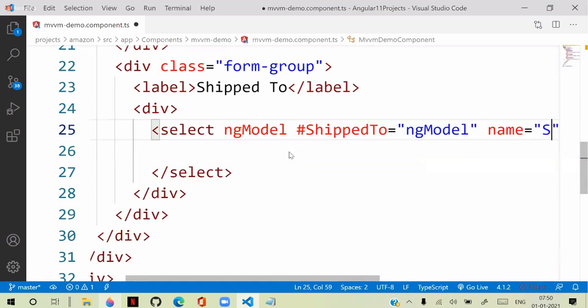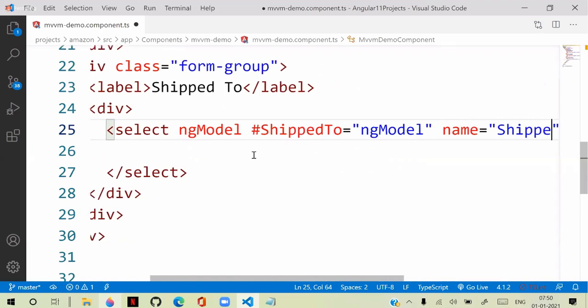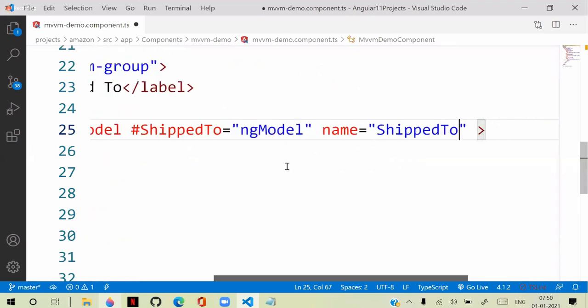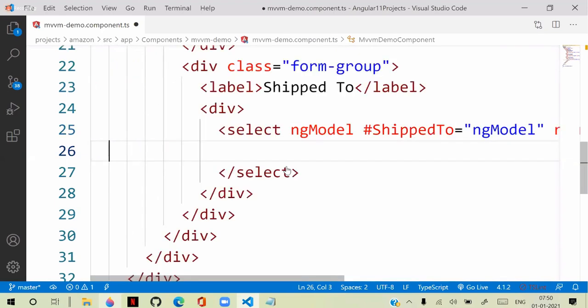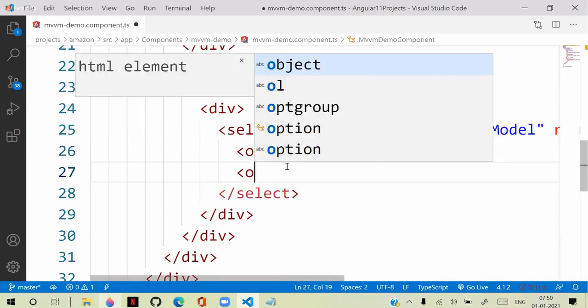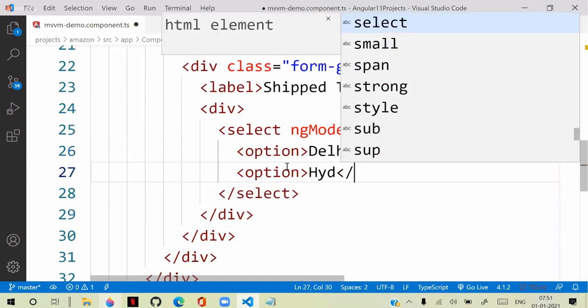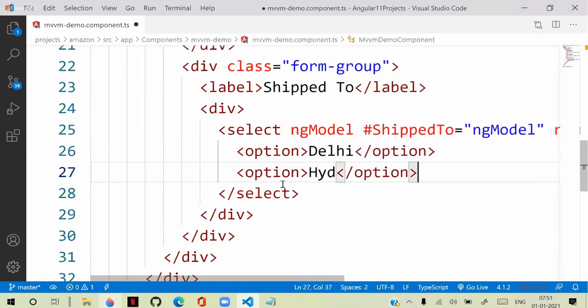Without the name, any element value cannot be submitted. Okay. And we need option. So option, and this option says Delhi. So another option, Hyderabad. Okay. That's the options we configured.